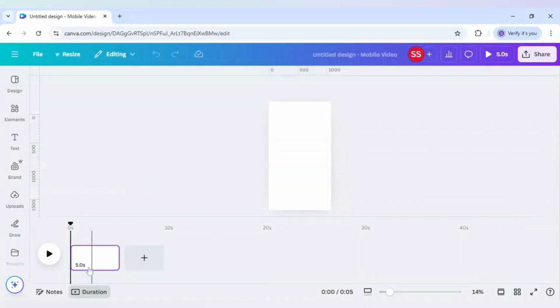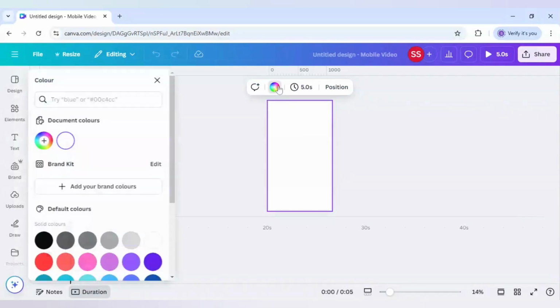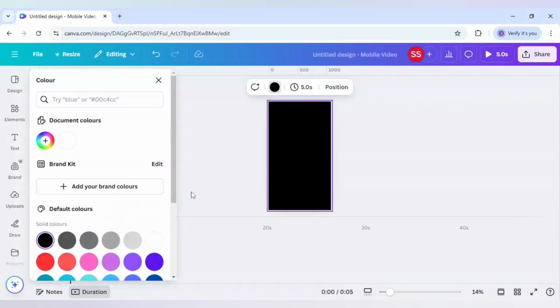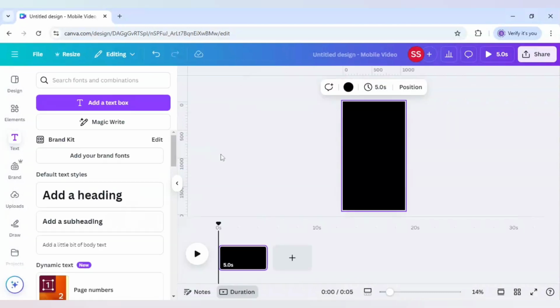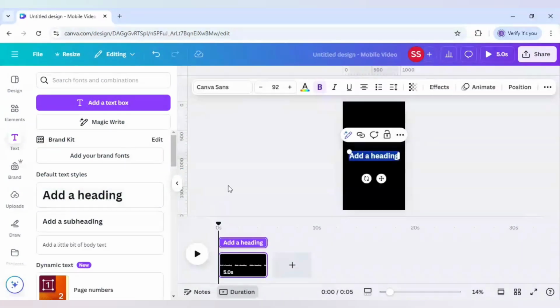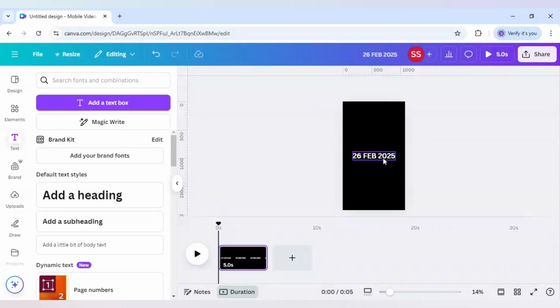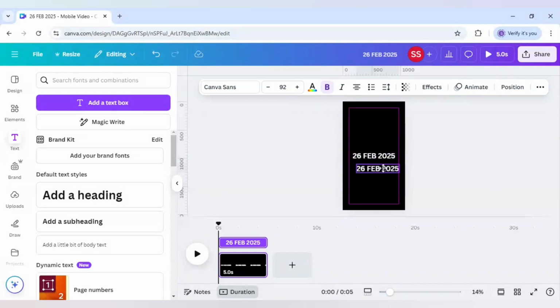After opening the canvas, as you can see, there is a duration line showing here because I want to make a video. First I will change the background to a dark color, preferably black. After that I will write the text of the Shivratri date. I will choose add a heading and write 26 Feb 2025. After that I will duplicate it